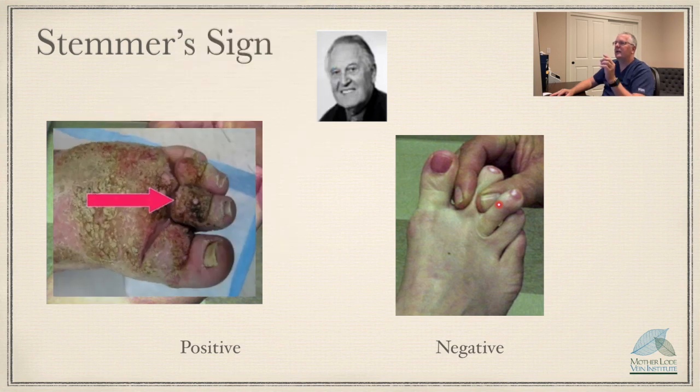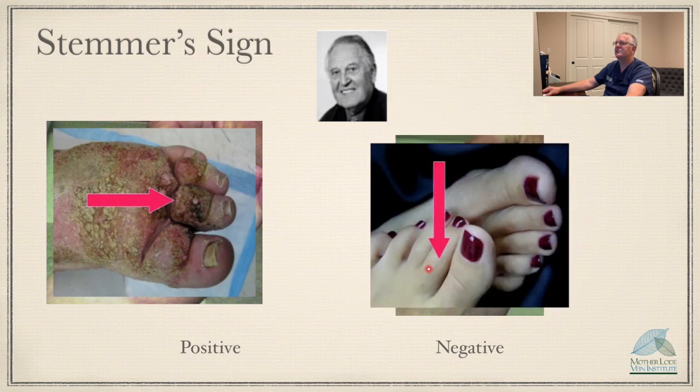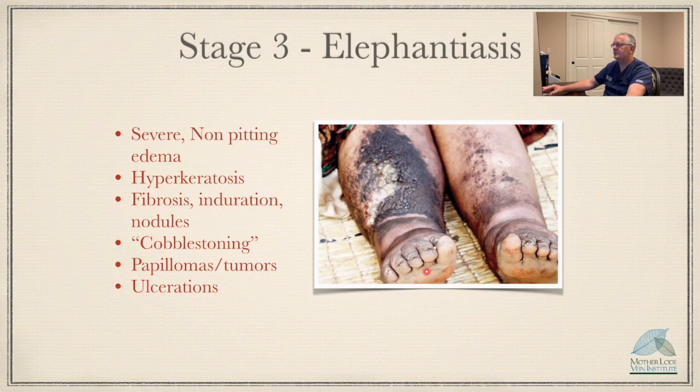And when you have the inability to pinch the skin of the second toe, like here, the skin cannot be pinched because it's so full with lymphatic fluid. That's a positive Stemmer sign. Okay, that suggests lymphedema. Negative Stemmer sign is you can pinch the skin of the second toe. So obviously this is going to be a positive Stemmer sign, and that's elephantitis stage 3 with more advanced features